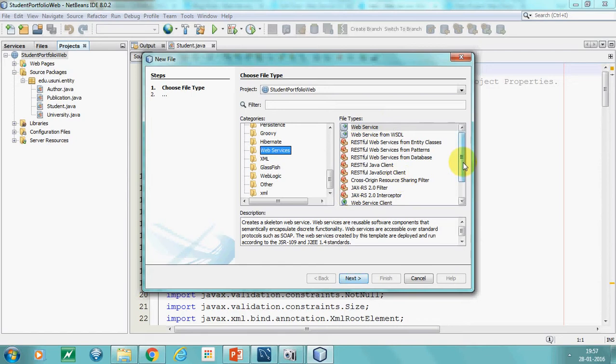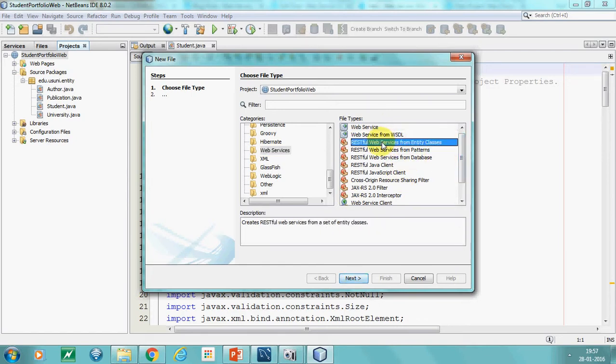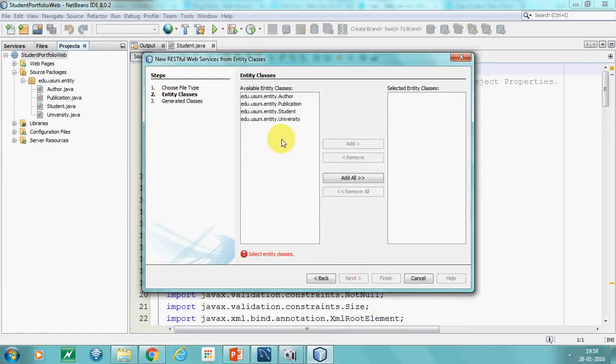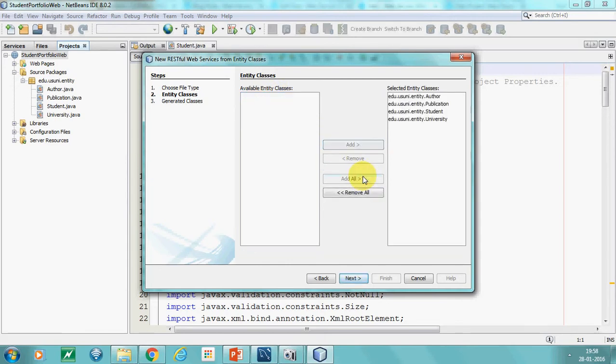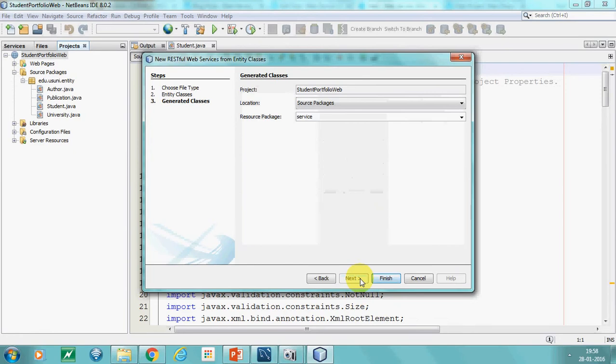In the file type box, select the option which says RESTful web services from entity classes. This option creates RESTful web services from a set of entity classes. Click next. Okay, that's it. We have all our 4 entity classes. We are going to select all 4 and add all. After adding all the entity classes, click next.